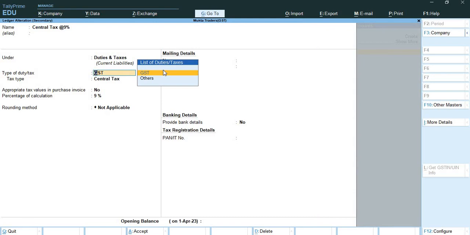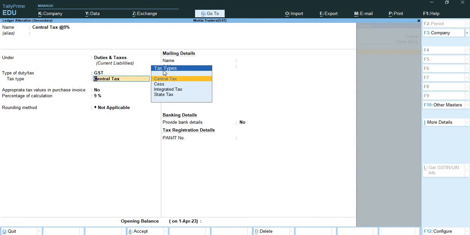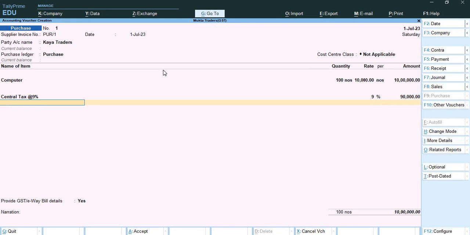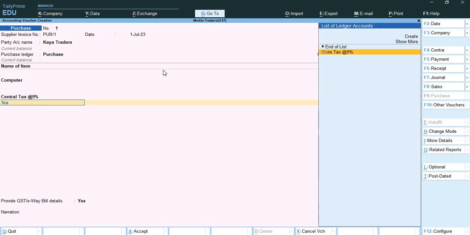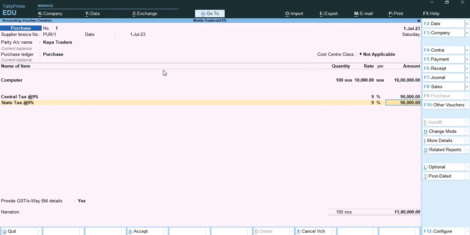Type of duty I selected GST. Tax type I selected central tax. And percentage of calculation I mentioned over here, 9%. And if you wish, you don't want to show the percentage, you can skip this field. It's your choice. Next, again I create state tax ledger over here, and you can see that the tax has